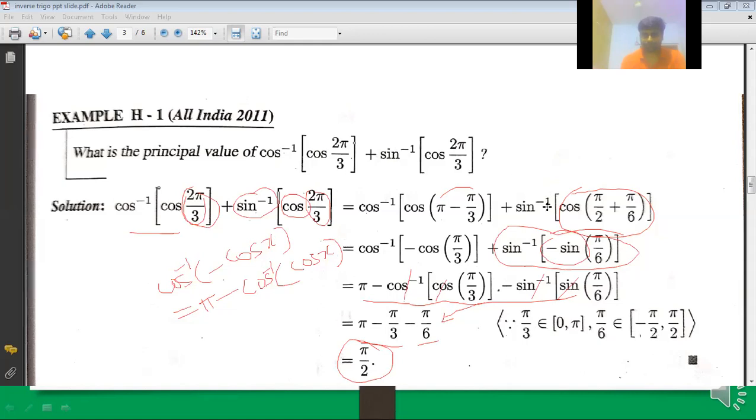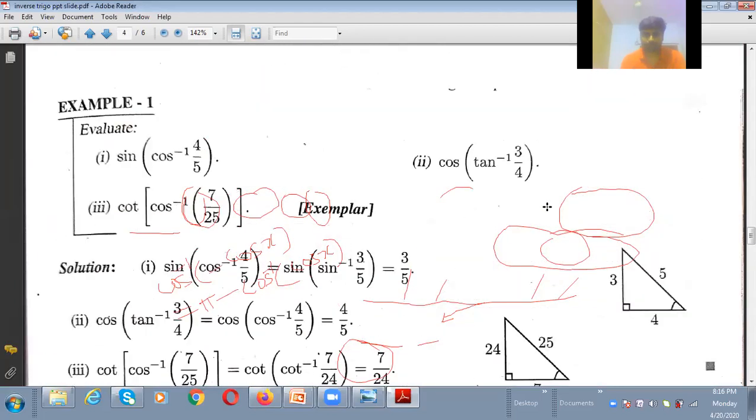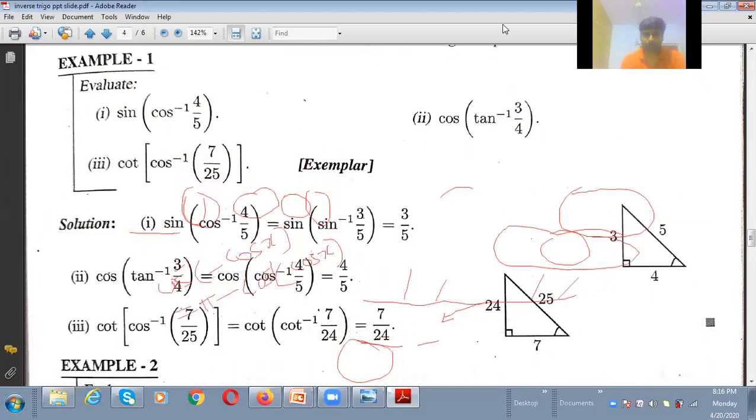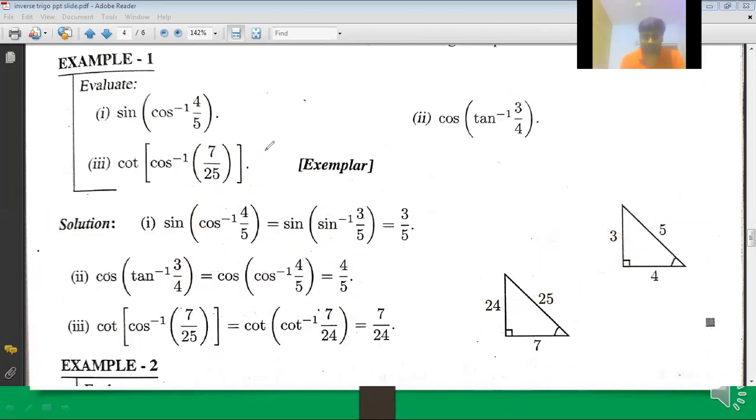Now let us go for the next problem. See here, sine of cos inverse of 4 by 5. It's very simple. From this, we are going to enter into the second level to solve problems in inverse trigonometric functions. See here, outside what do you have? Sine. Inside also we should have sine inverse, or not. So that sine inverse gets cancelled, we will get one value. For that, outside sine we cannot change it. But inside cos inverse, can I write as sine inverse?